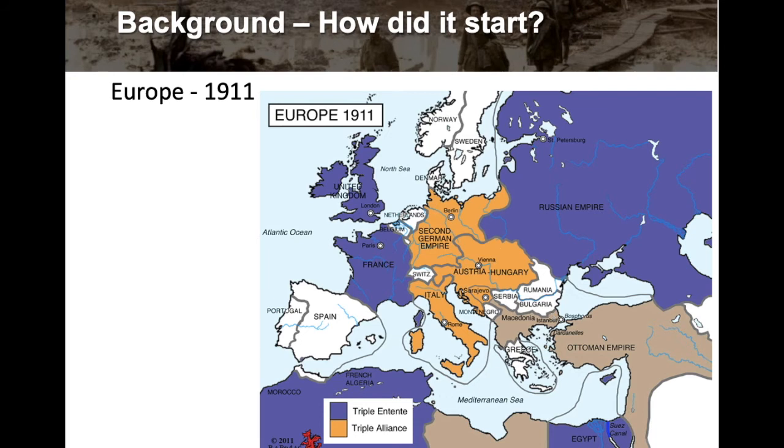There's going to be a big issue down here. Look at my cursor here. There's going to be a big issue right here where it says Dardanelles. We're going to look at that a little bit during World War I. The Ottoman Empire is still around, but they lost some territory up here. And Austria-Hungary